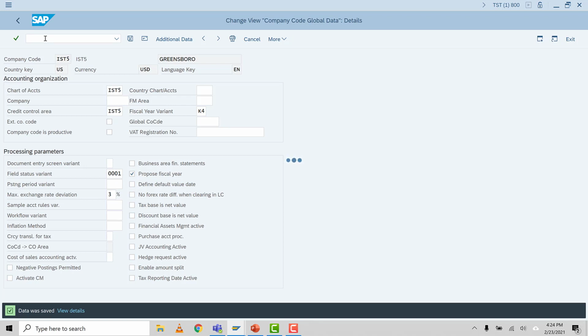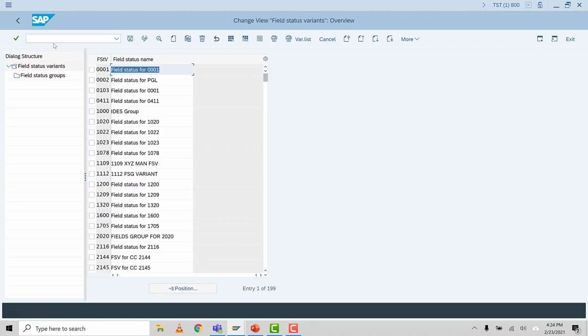So what is a field status variant? This is again discussed in detail in my early tutorials. Now, a field status variant basically controls the display of fields on the SAP screen. So when you go to, let's say, document entry, FB50, you will have various fields like date field is there,